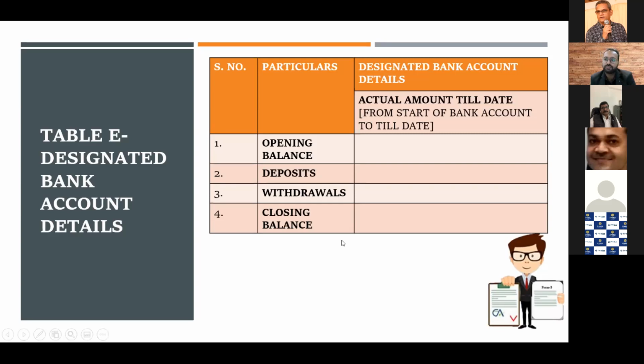So here an issue will come about barter transactions. What I was mentioning: suppose there is a contractor who has agreed to construct a building in lieu of flat allotment. That will not get reflected in my bank account, so that would not be a correct picture. Yes, because in that case how will we do it, sir? I think we have to give it by note. These are non-cash transactions which also need to be considered as deposits and withdrawals.